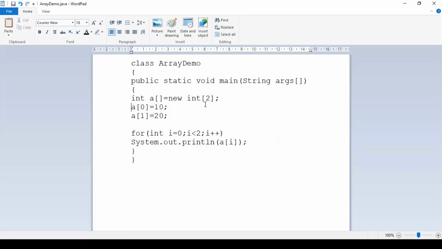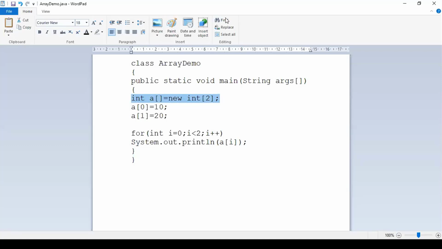You have basically two ways. When you know the values directly, you directly initialize the values by putting curly braces during the declaration itself. That is one way. Second way, if you don't know the values and you want to put values later in the program, just create an array by using this particular syntax. You can separate this into 2 lines, no problem, or you can put the complete thing in a single line also. So use this particular syntax and proceed further.